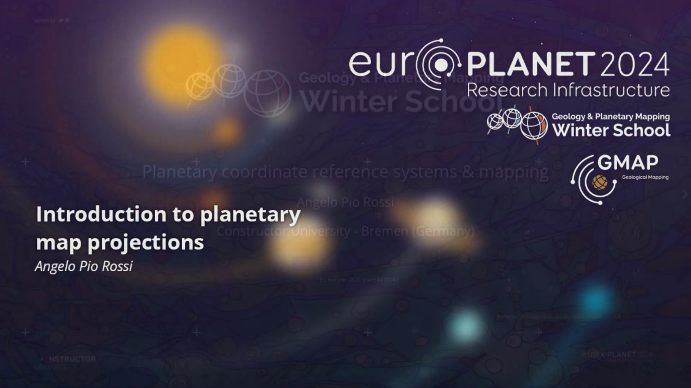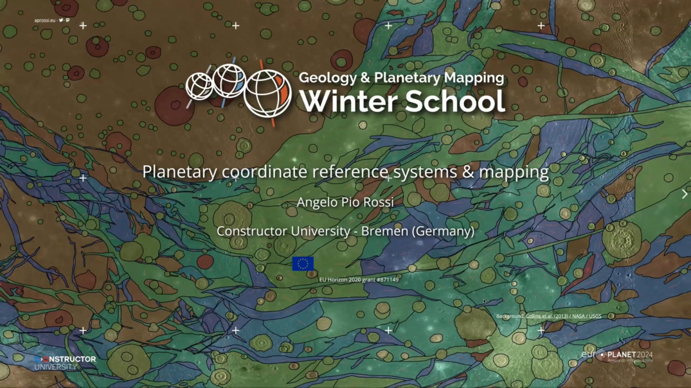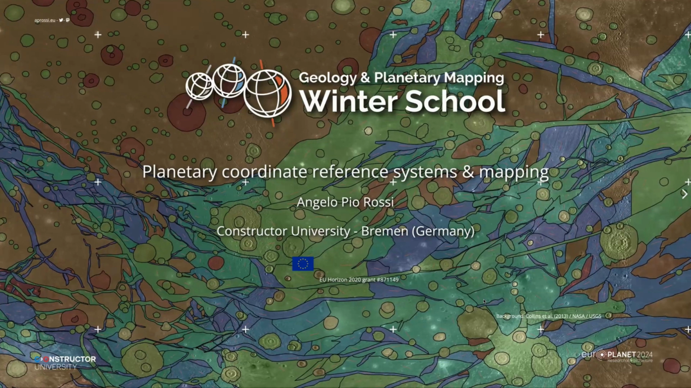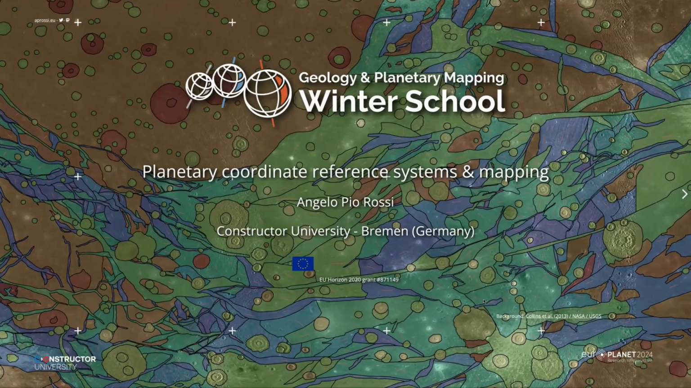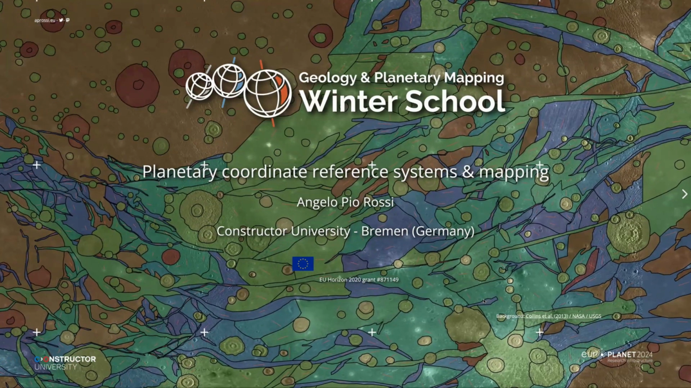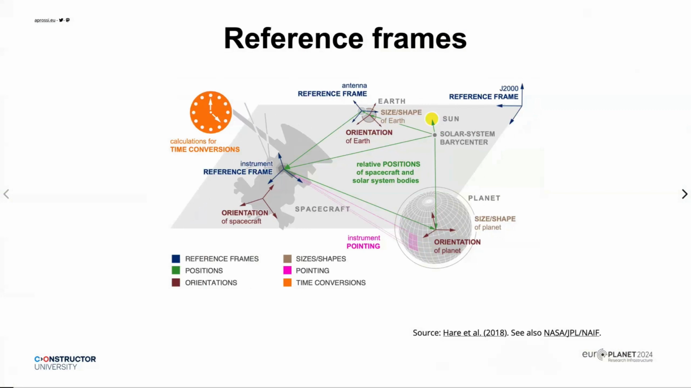About reference systems. This is something that you will see throughout the school. It's an important aspect because you will get mapping products that are already more or less put together for you. But in real life, you have to do it yourself or someone has to do it for you. There are some reference frames that are considered when you're looking at planetary data, and this typically is due